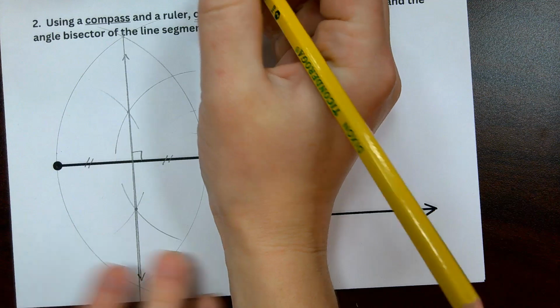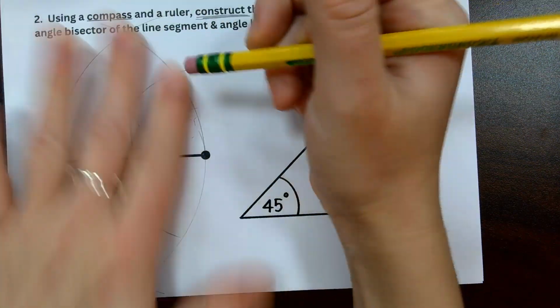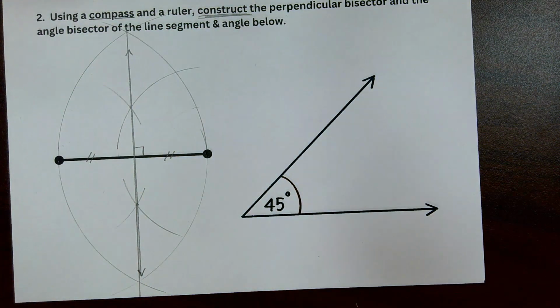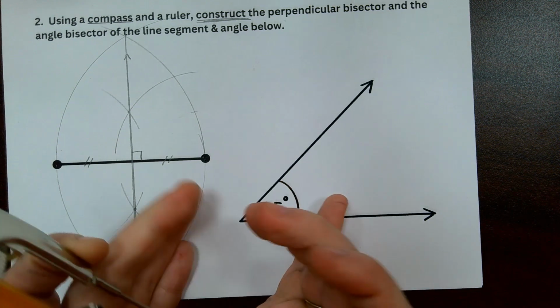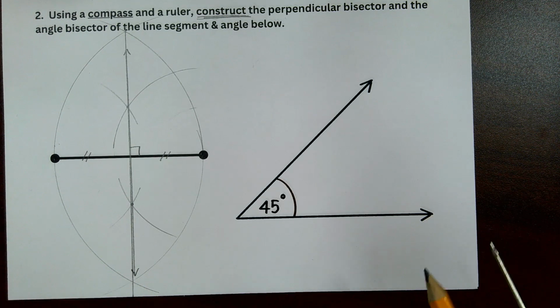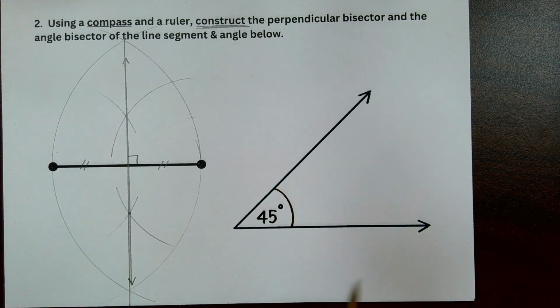All right, do we have any questions about the perpendicular bisector? Any at all? Okay, if not, then we're ready to move on to our angle bisector. This one we didn't spend as much time on yesterday. This one's a little bit trickier. So, you'll see on your guide sheets that I gave you,